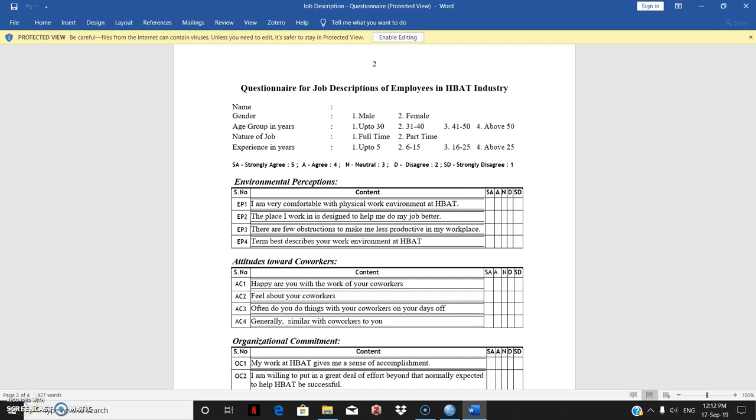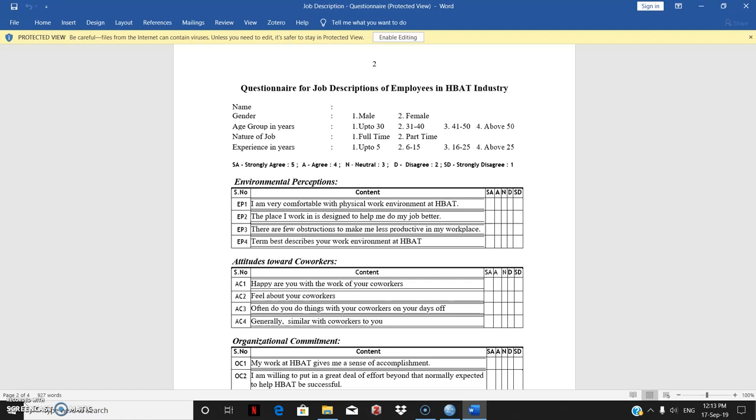Hi everybody. I think in the previous sections you have seen how to create a Word document, an SPSS data file, how to create variables in the data file, and how to input data in the data file. We've also seen how to recode a variable either into the same variable or as a new variable. Now, today we will see how to calculate the mean and the standard deviation for the different variables. Also, how to find out the frequency distribution for the variables.